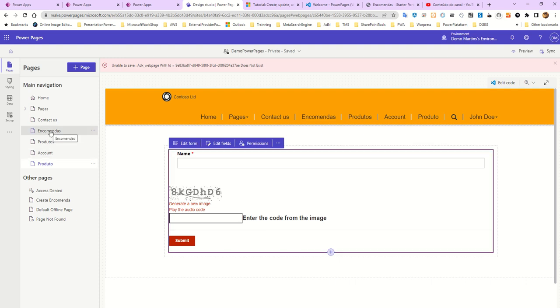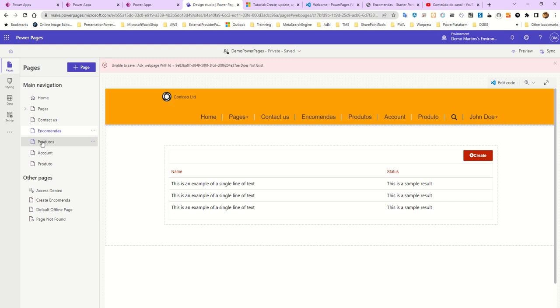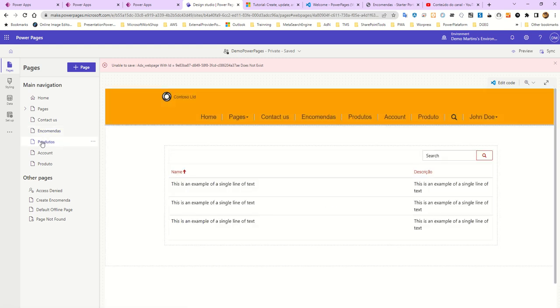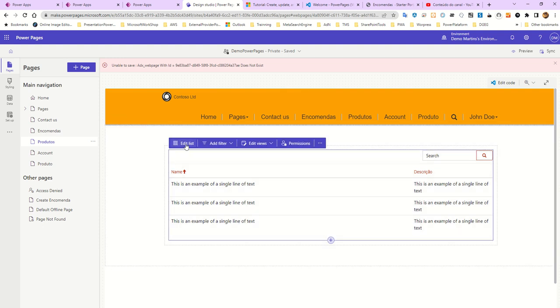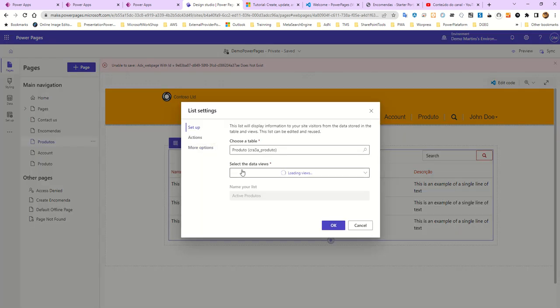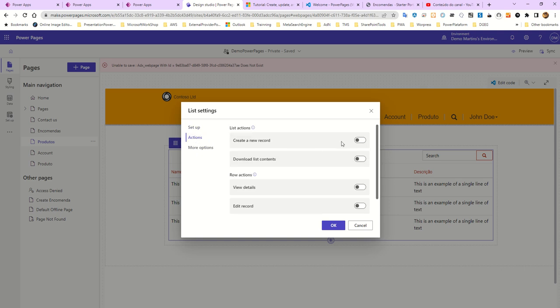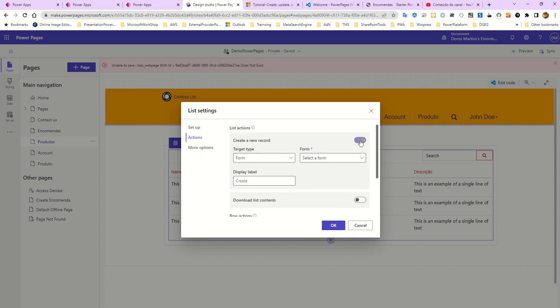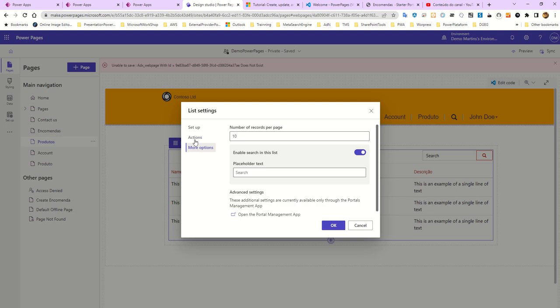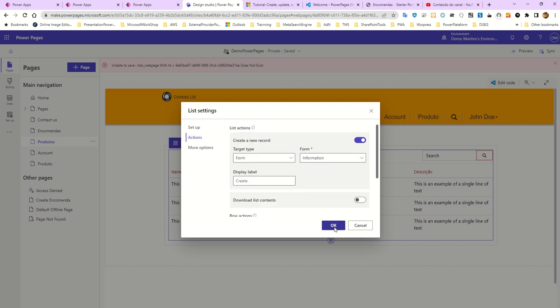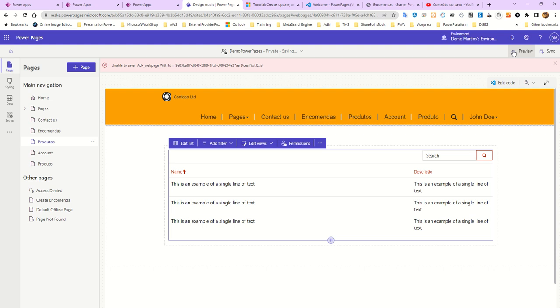After this, you go, for example, to your products list, right? Go to your products list. In the list, you edit the list, and in the actions, you must, for example, create a new record, right? And select the action, create new record, and select the form. And now, after this, you can make OK, put a preview,